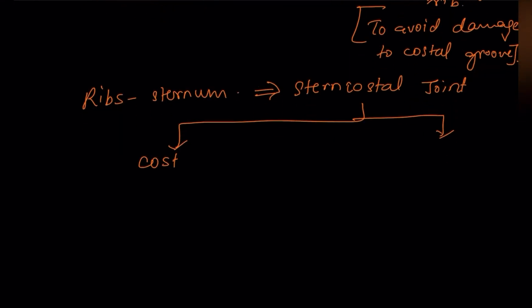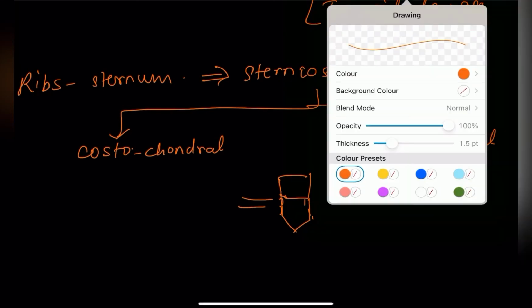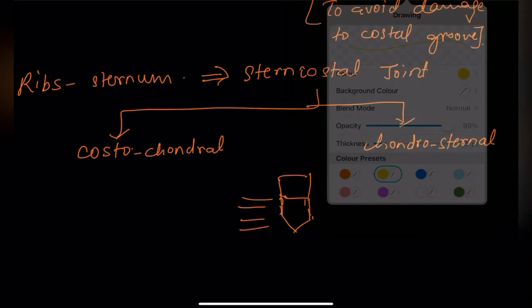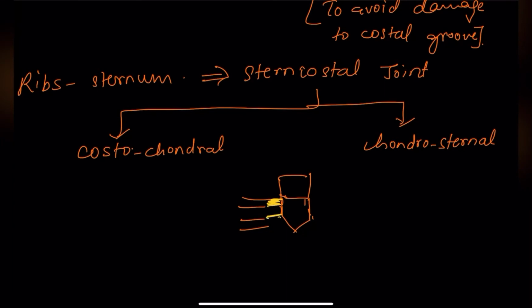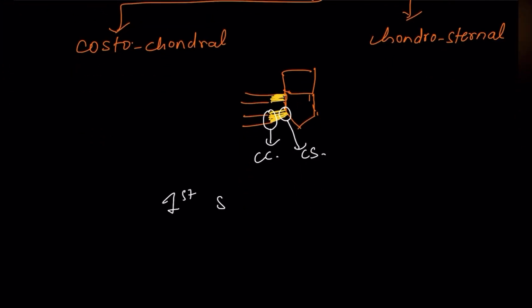The sternocostal joint has two types of joint. One is costochondral, where ribs are attaching to the cartilage, and the other is chondrosternal, where the cartilage of the rib will be attaching to the sternum. Okay, so this was the sternum, and here were the facets. So suppose this rib is attaching, let me note 2 ribs, then this is the costal cartilage of the rib, right? So here you can see this is called costochondral, and here this is the chondrosternal joint. Understood? Now they ask the MCQ that the first sternocostal joint,